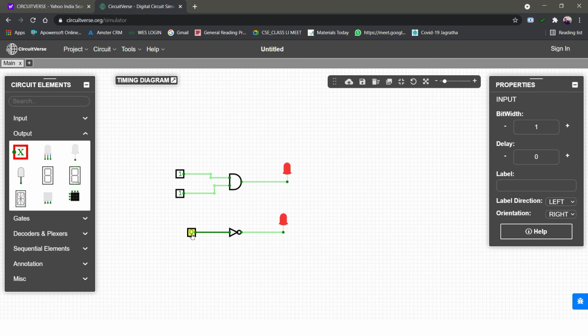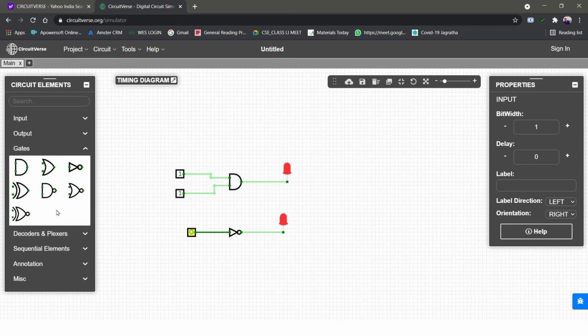So this is how the simulation of each and every logic gate can be carried out in CircuitVerse. I have given you only two simulations, the AND gate and the NOT gate. So you can go through these gates and give the wiring, or give the connections like this, giving the inputs and outputs. Outputs can be an LED or it can be a notation also. So for any gate you will be able to implement this, and this is all about the CircuitVerse simulation. You can try for other gates also in the same way.